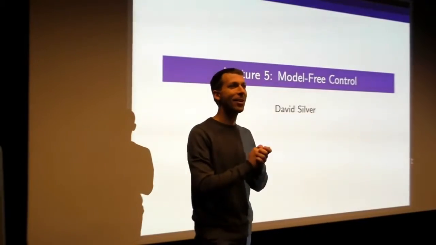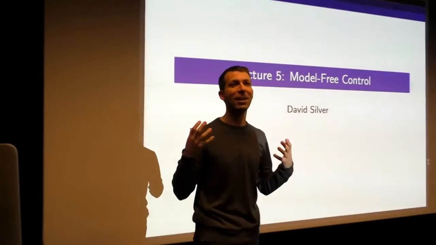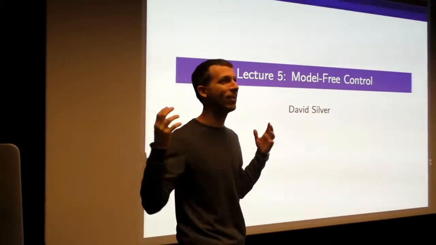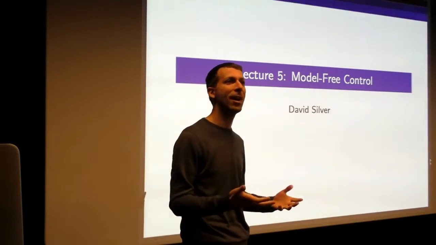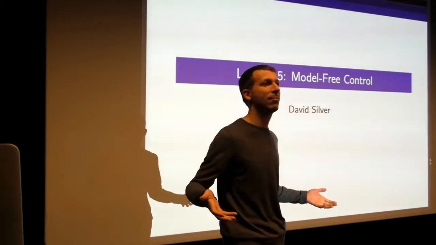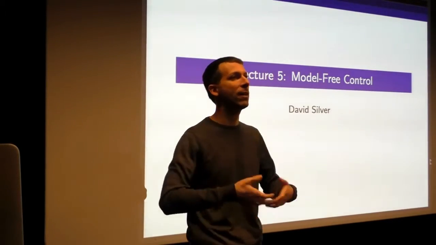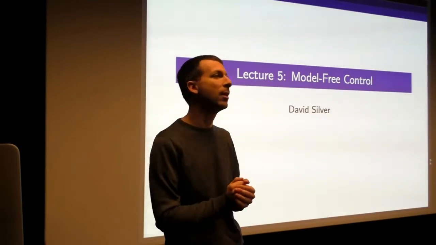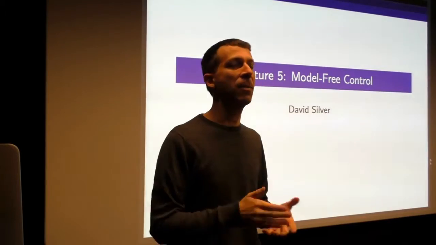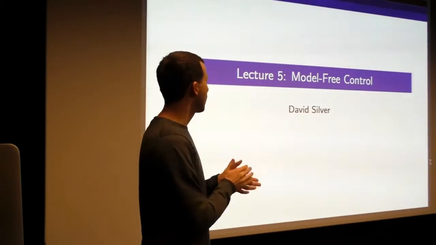In some sense, everything in the course up to this point has been leading to this lecture. We're going to finally find out how, if you drop your robot or agent into some unknown environment and you don't tell it anything about how that environment works, it can figure out the right thing to do. How can it maximize its reward in that environment? How can it figure out the actions that lead to the most possible future reward without telling it anything in advance about how this environment works? So that's the goal of this class, model-free control.